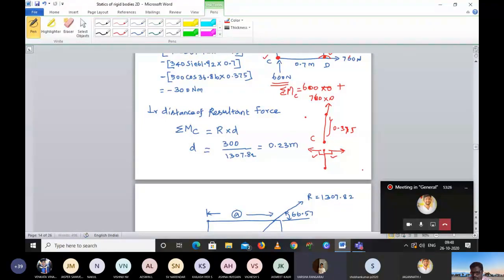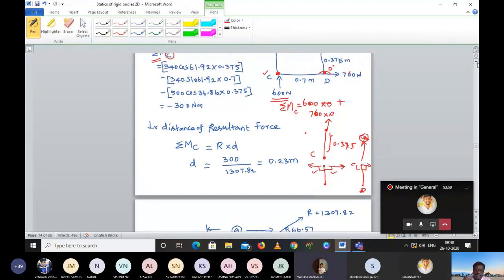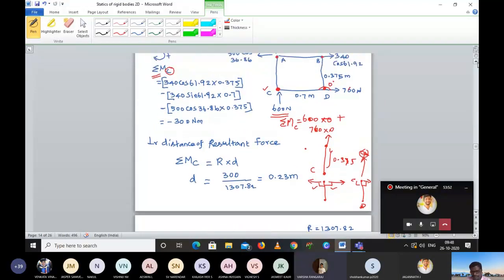If I am taking the point D also, if I am having a force, either it should be right or left, D point also. Are you getting now? Yes, sir. Then only it will have 90 degrees. If I am having the force on the same line, it won't create any moment. Got it? It won't create any angle. That angle won't be 90 degrees also. Are you getting? That is the thing.